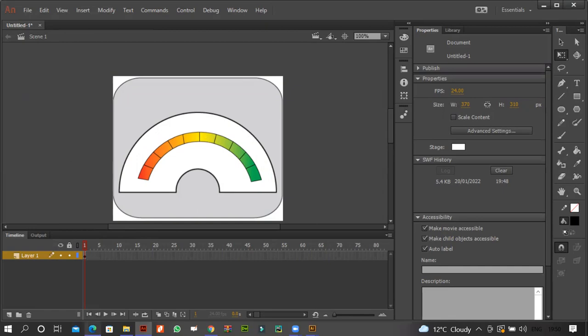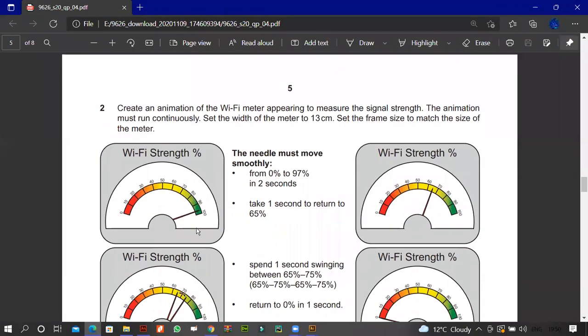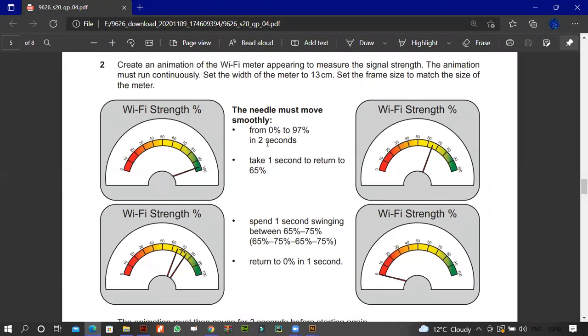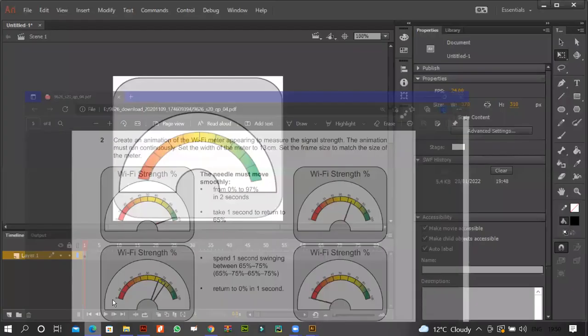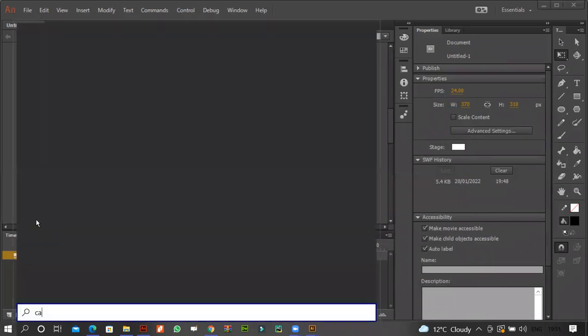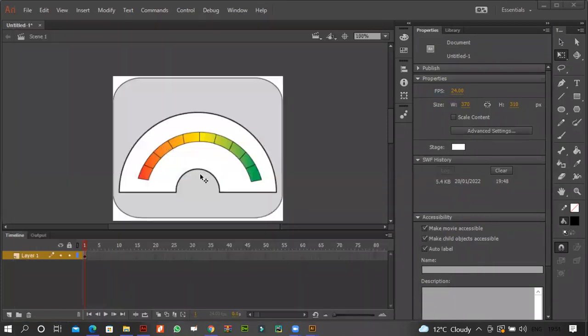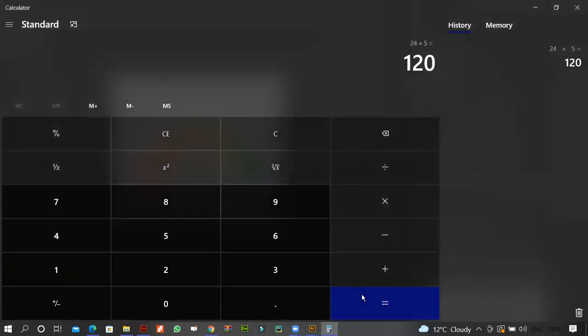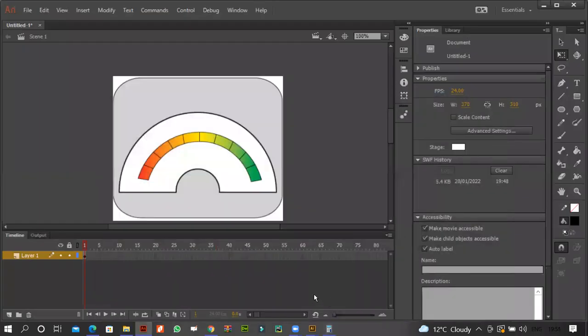What I'll do is now we have to read the question carefully. So 2 seconds, 1 second, 1 second, 1 second. So it's like 2, 3, 4, 5. It's going for 5 seconds. Okay. So I have 24 according to my calculations. So if we do 24 into 5, we get 120. So I'll be extending this till 120, as you can see over here. Okay, let me extend this till